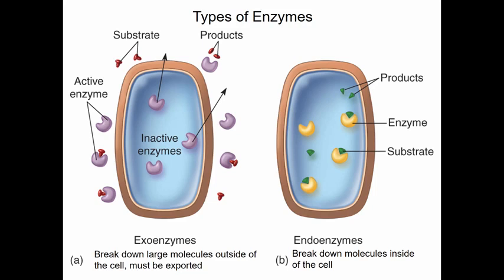You ever tried to bring in something inside your house that was too big to go through the door? A couch, a table, you either break it on purpose or out of frustration. Or you take the legs off, you do something else, you make it smaller so that it fits through the door. That's all that's happening here in an exoenzyme. It's exiting. Endoenzymes, on the other hand, endo, think inside.